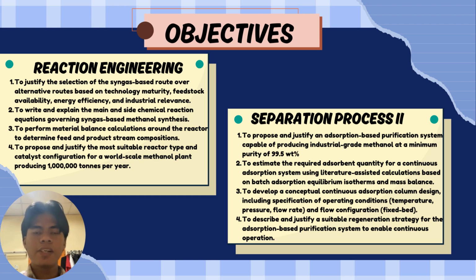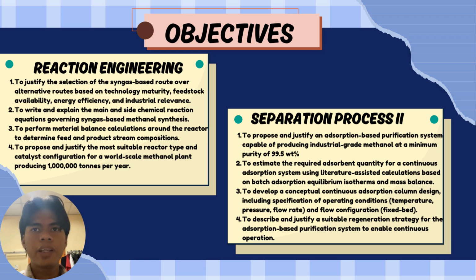So let's move on to the second part. This is the objective part for this project. We split the objective into two parts, which are the reaction part and the separation part. The reaction part is basically focusing on the syngas route over the alternative route based on technology maturity, feedstock availability, energy efficiency and industrial relevance, to produce methanol,